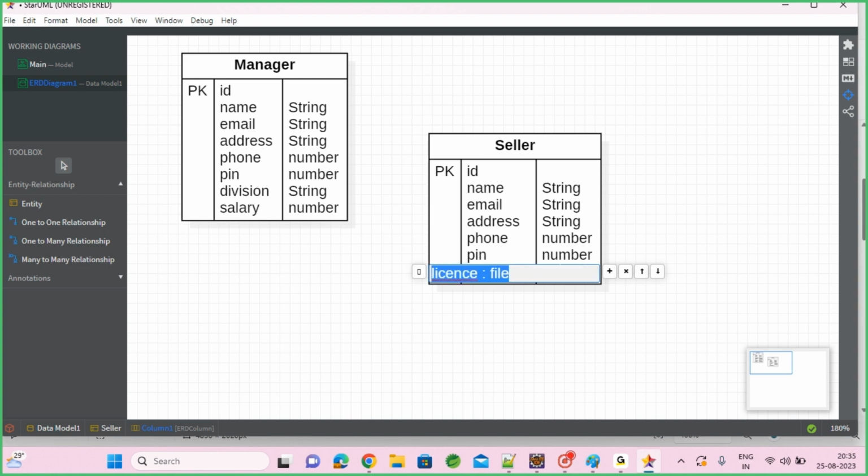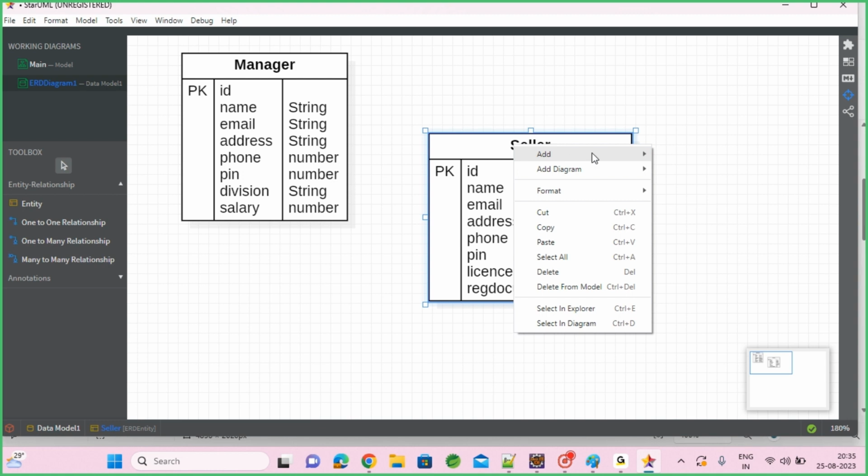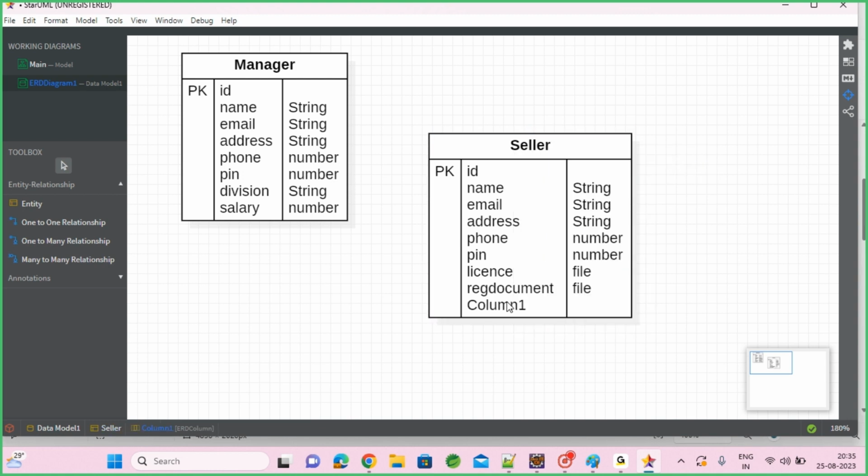Put the file data type for license copy, and maybe his registration copy, registration document,